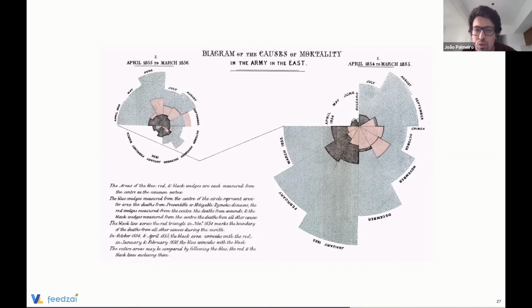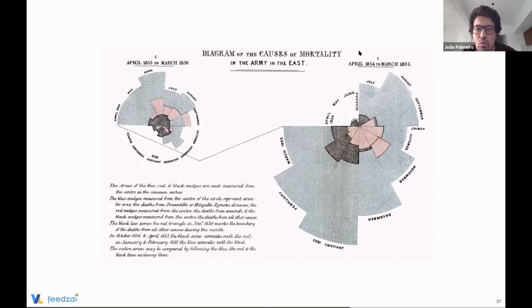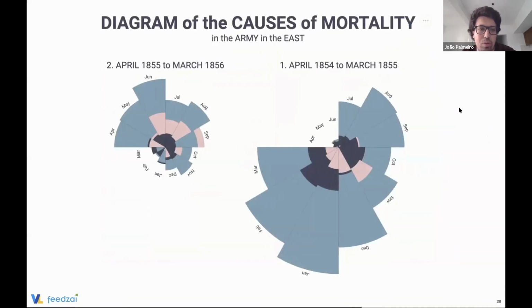And here, what I will show you is basically, maybe can we implement this rose chart, this kind of pie chart, but where the segments have different areas to convey this information about mortality between 1854 and 1856. I think it's quite possible.